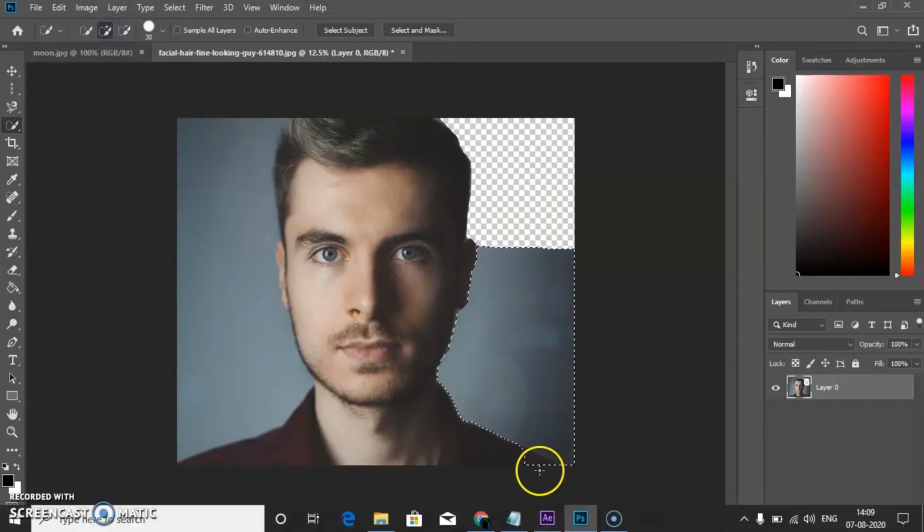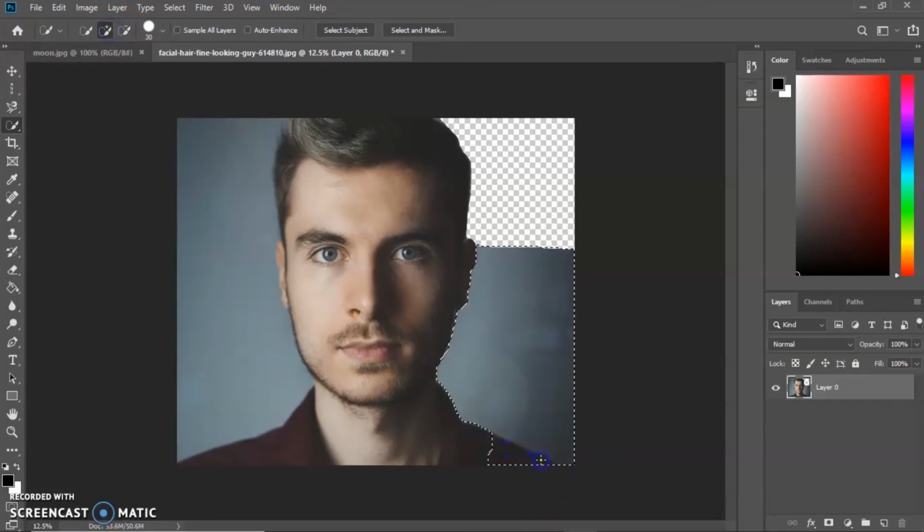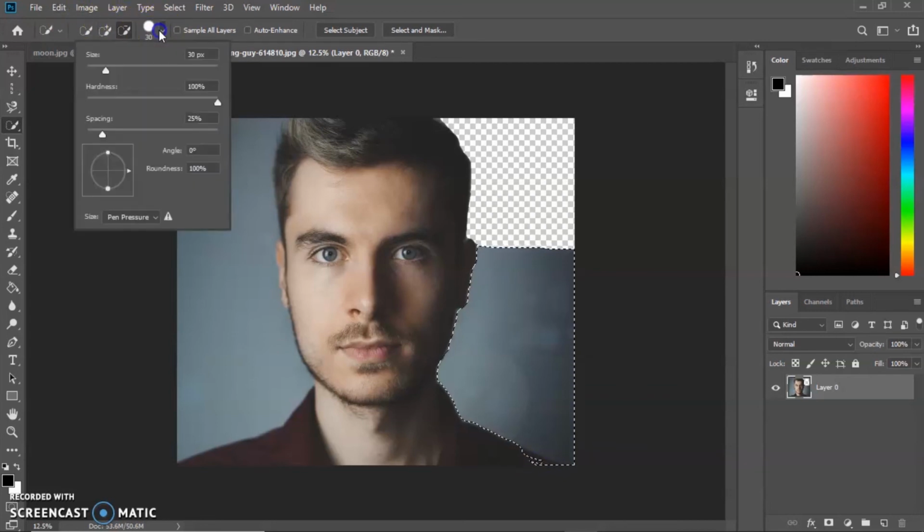The quick selection tool catches up that area also that I did not need. I cannot press Ctrl plus D to deselect that selection, as it will deselect the whole selection. So we have a specific option to deselect some portion from it. Now selecting that option and removing the portion which I don't want to get deleted.